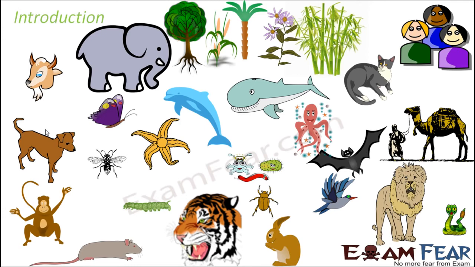Now the question is, why do we want to retain or conserve this huge variety of living organisms? In this lesson we will try to understand why we want biodiversity to be present, and we will also talk about how we can conserve biodiversity. That is the basic agenda of this lesson. So with this brief introduction, let us get into it from the very basics.